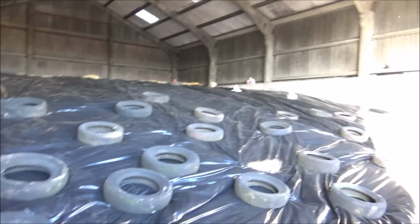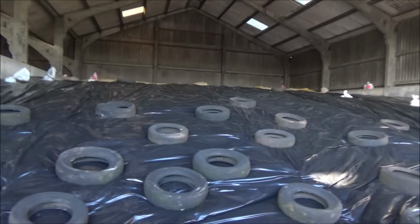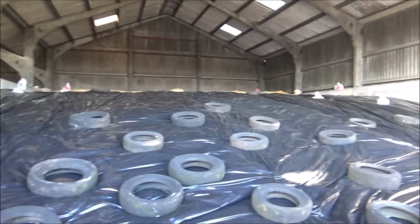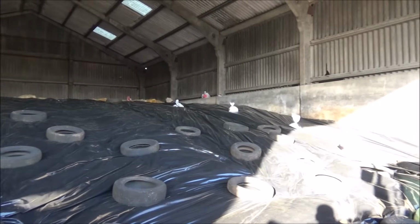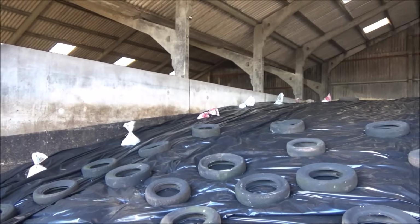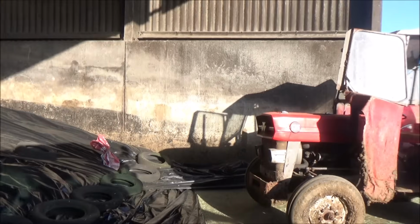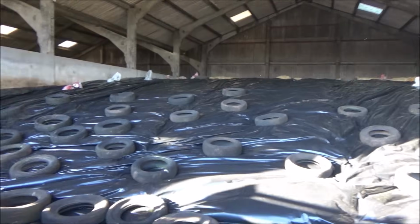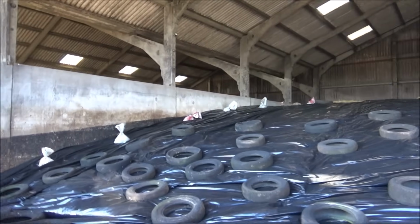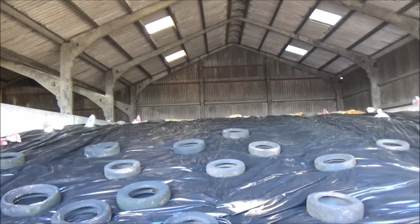So that's what it looked like, and it shows how much difference it is from last year being probably the most amount we've had in this clamp on this farm, and this year the least amount we've ever had on this clamp on this farm. So we'll have to see what happens, but at the current state we're going to have to fill it up with second cut instead of baling that, and then we're going to have to probably buy in a load of